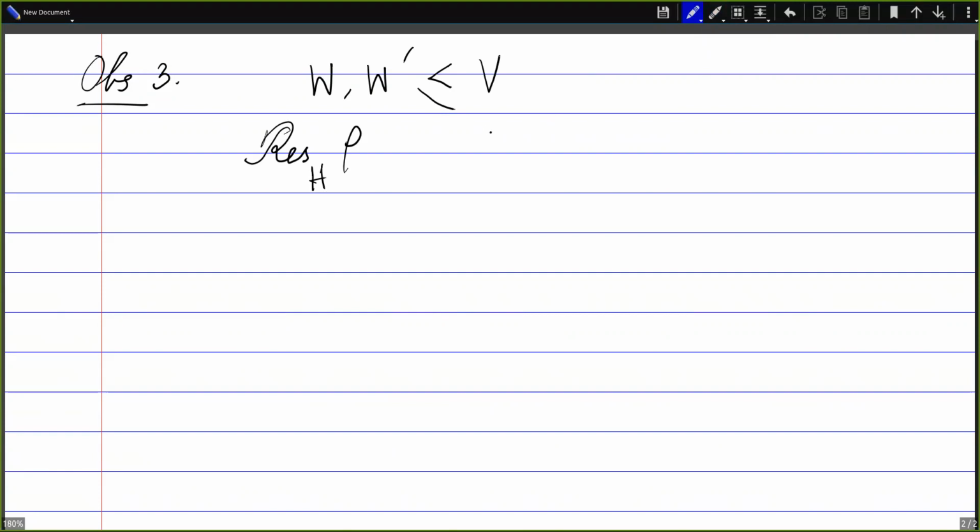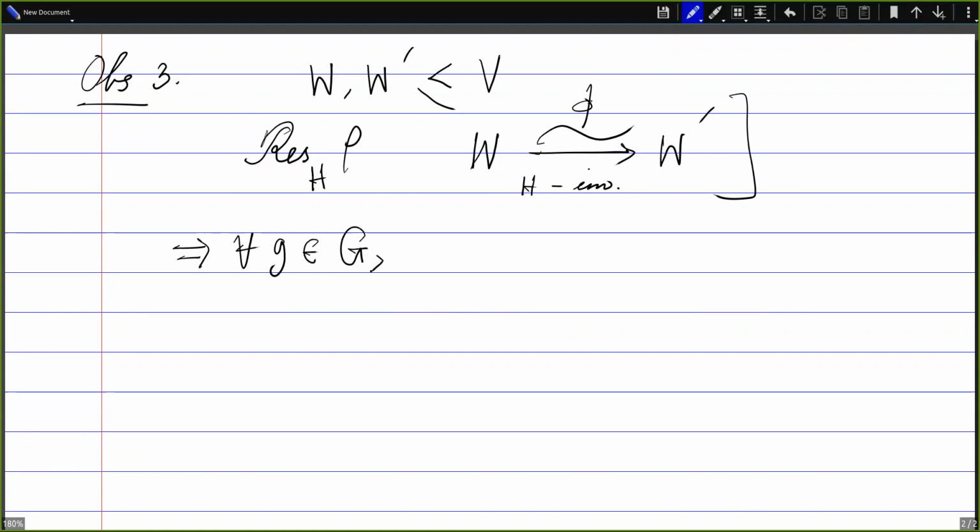That is, we have an isomorphism from W to W prime, which is also H invariant. If this happens, then for every g, rho_g(W) and rho_g(W prime) are also going to be isomorphic